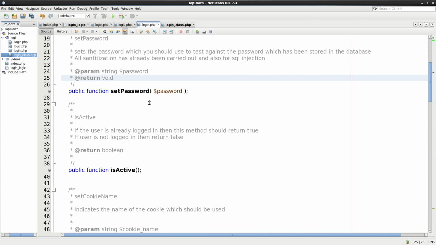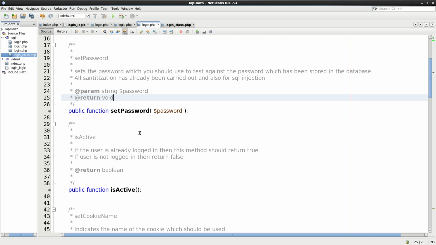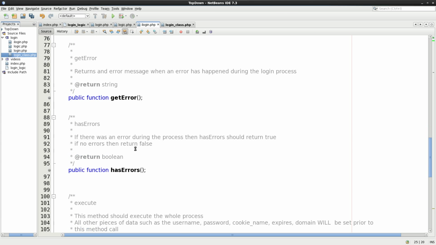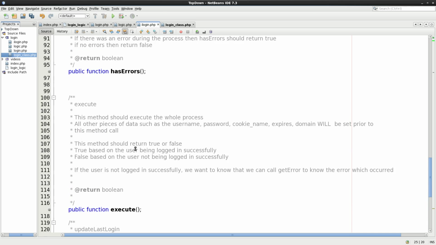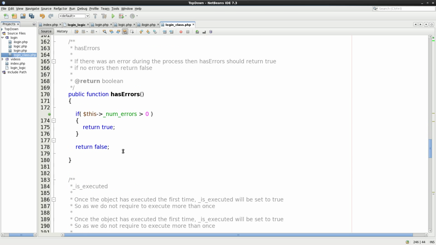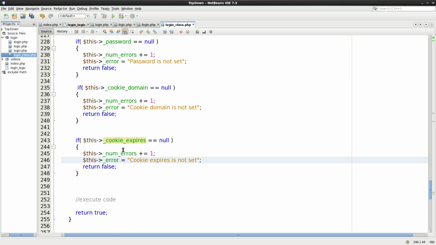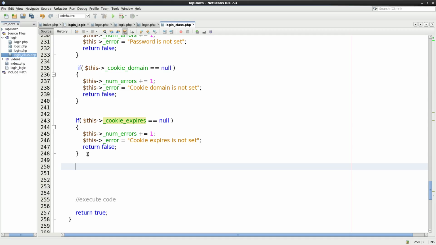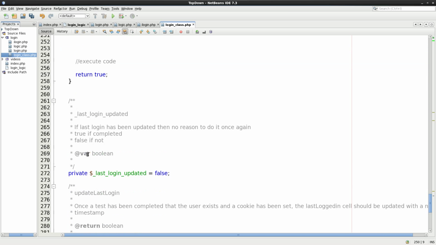Let's look at this here. Set username, password, is active. Set cookie name, set domain, get errors, has errors, execute, update last login. Okay, that's essentially what we've done at the moment. Okay, so the rest needs to actually do the main logic of this one class, which needs to log in. So we've got the username and we've got the password. We just now need to